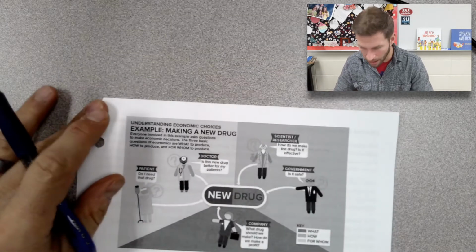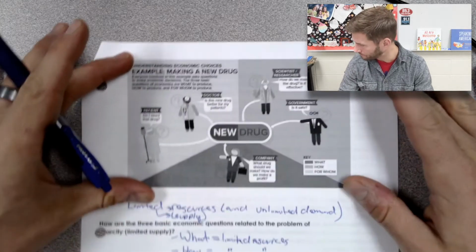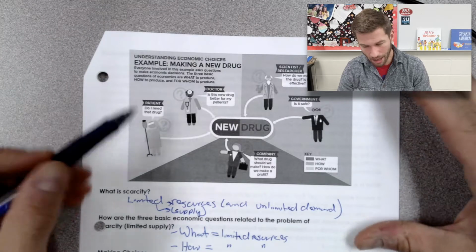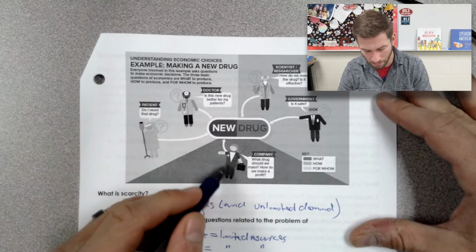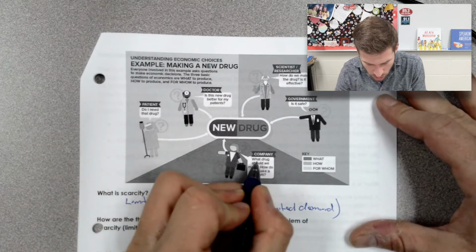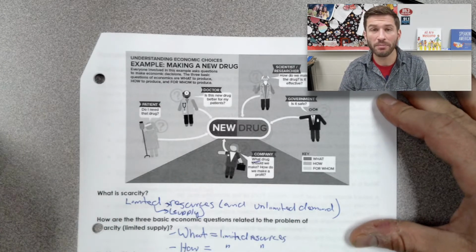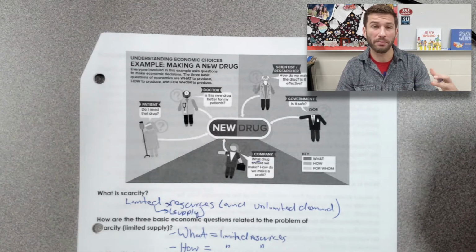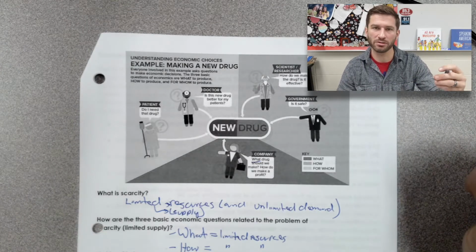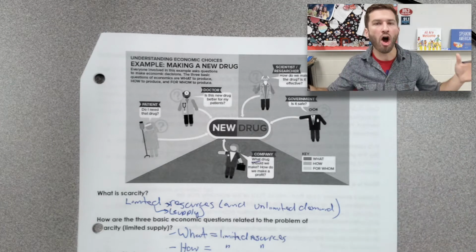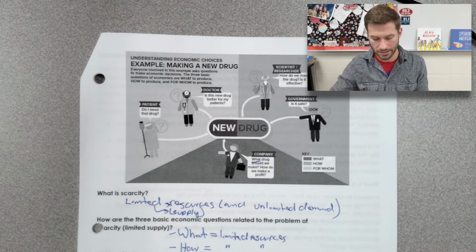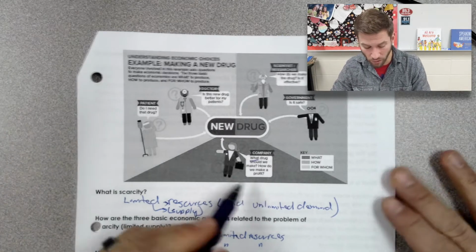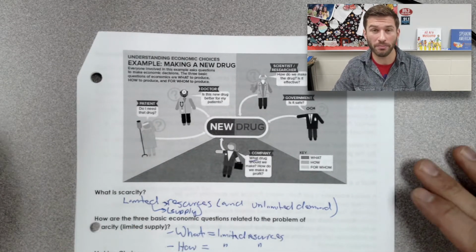Let's actually take a look at a very concrete example here. Making a new drug, a new pharmaceutical drug in this case. And we've got this little infographic, and I want to start down here on the bottom with the company. What drug should we make? How do we make a profit, right? So a company needs to decide, should we make a new drug? Should we make a new vaccine? Should we make a new pharmaceutical drug? There are all kinds of medical ailments and diseases and illnesses out there, and the drug company needs to decide, should we make a drug for that or not? And if we are going to, how do we make sure that we make a profit, right?